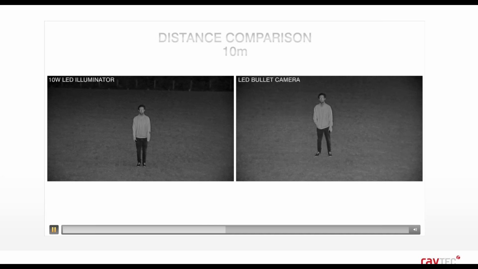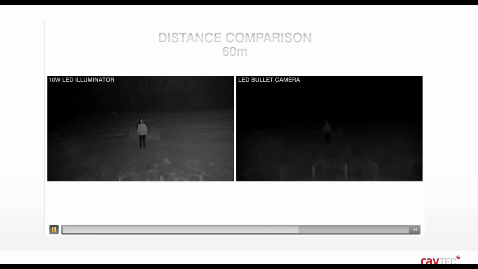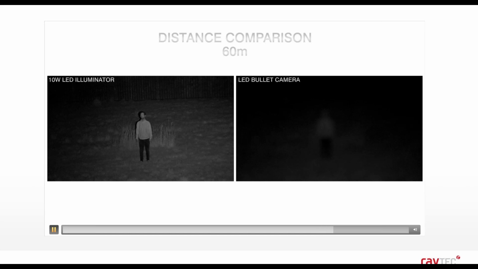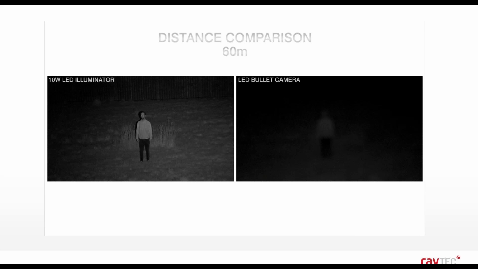I think you see the real performance increase when you start to zoom out and look further afield. We decided to call this supercharging your bullet camera, because by using additional lighting, which has only a fraction of a cost increase over the whole system, and only a fractional increase in consumption from an energy standpoint, which is very important for remote sites that are using solar or a backup generator,